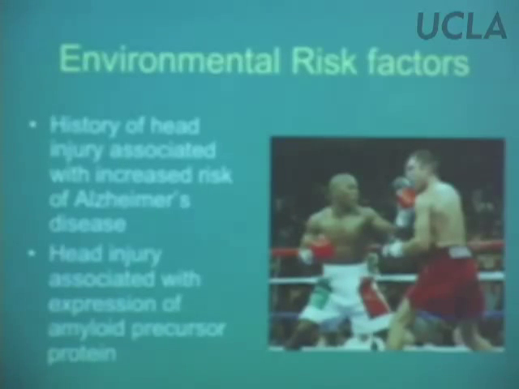And it seems that here you have a double whammy. You have more amyloid, because every time you're getting punched in the head, get a concussion, you're getting expression of this protein. Plus, you have an enzyme that's maybe not quite as great at clearing it. So I think the risk is so great that anyone who is ApoE4 status, this is not the job for them, or any kind of job where you're going to have head injury, because you're almost certain to get Alzheimer's disease. And I think people have called for genetic testing for people wanting to go into a sport like boxing because of this huge risk.